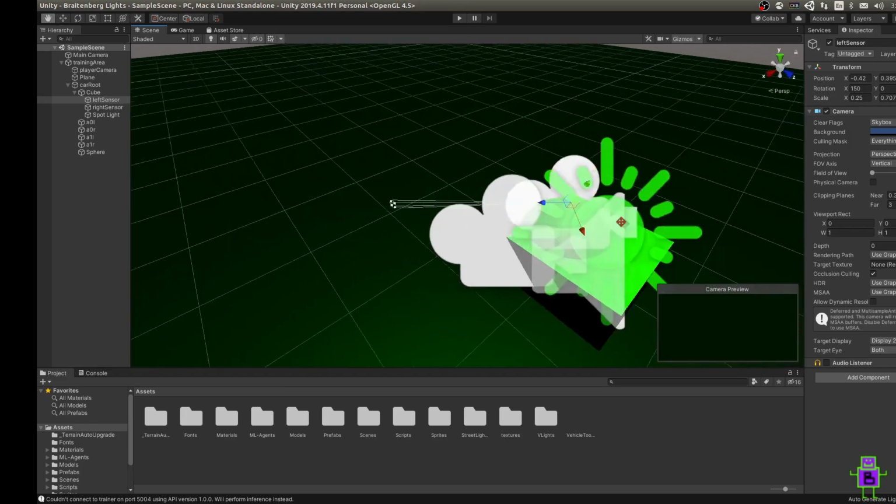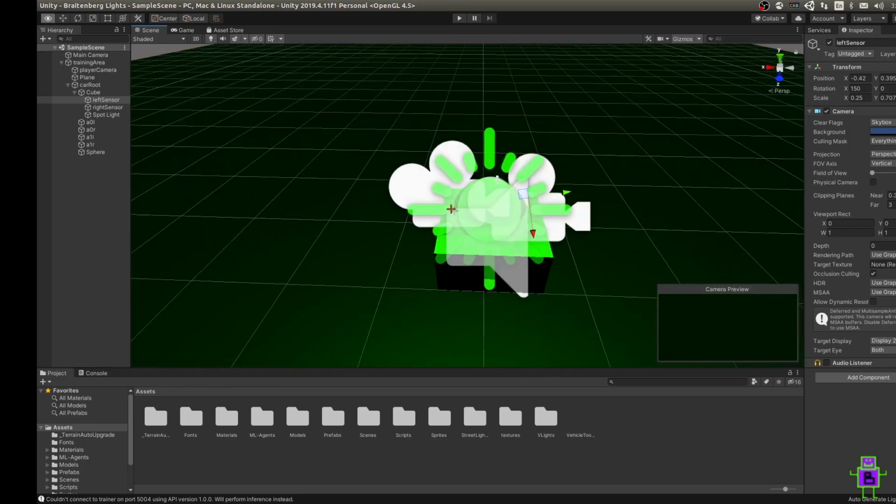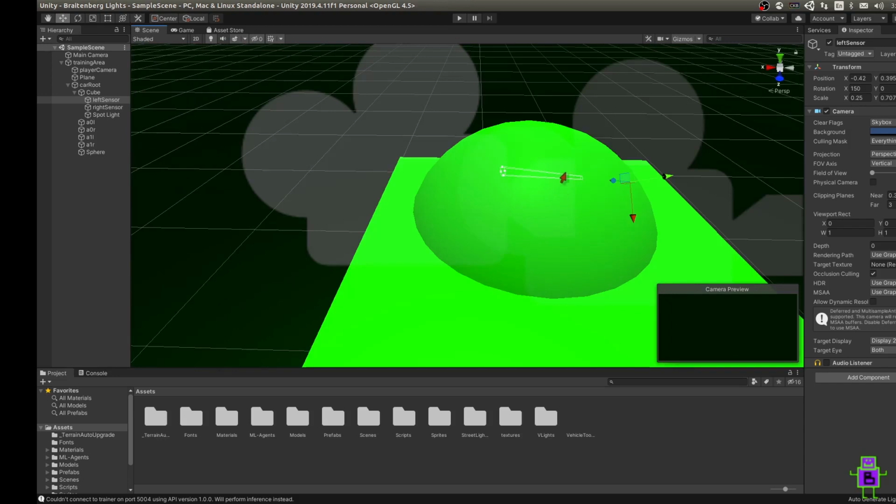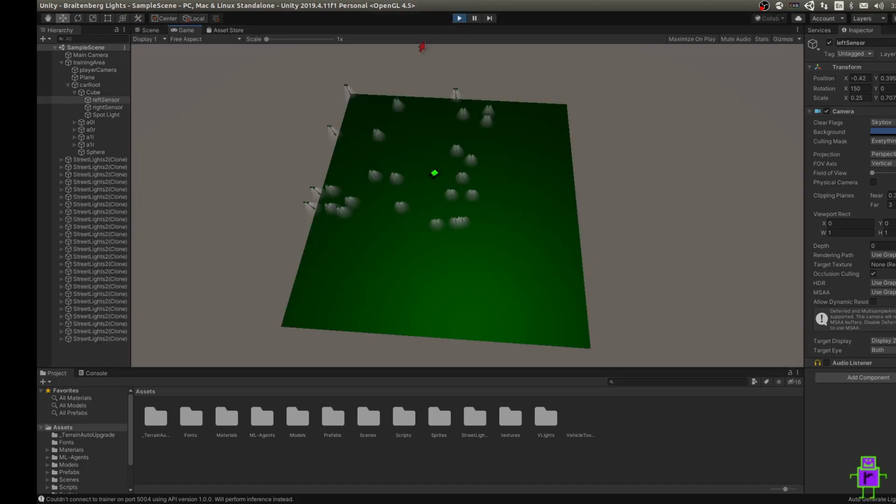And if we look very carefully on this vehicle, I've set a little ball here, so that tells us the head of the vehicle. So when we are in the game mode, we're watching the car move around. So here I'm controlling the car with my keyboard, and I'm turning, right? So as we do this,